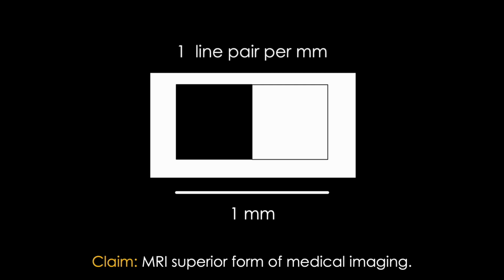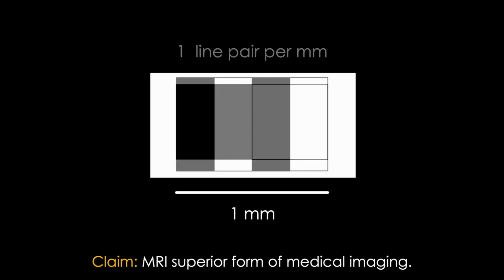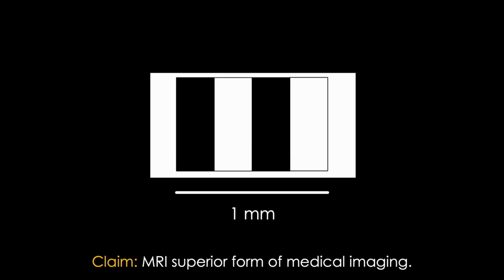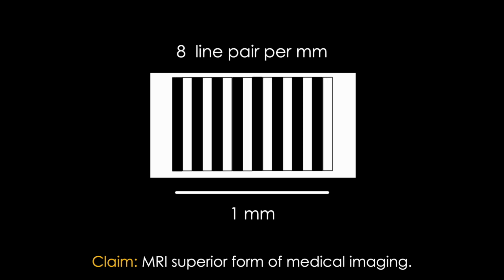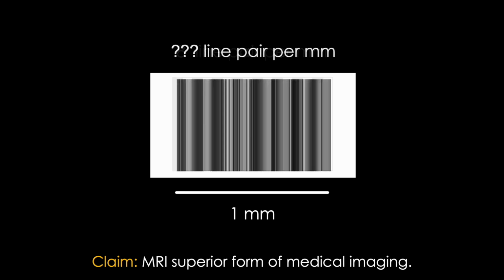This would be 1 line pair per millimeter. Now let's add another line pair. Can we still make them out? You bet we can. So this would be 2 line pair per millimeter. What about 8 line pair per millimeter? Still good, right? So you can see that if we continue with this, there is going to be a point